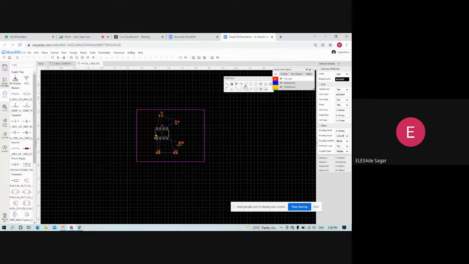For connecting these, we need to add a track from this PCB tool.